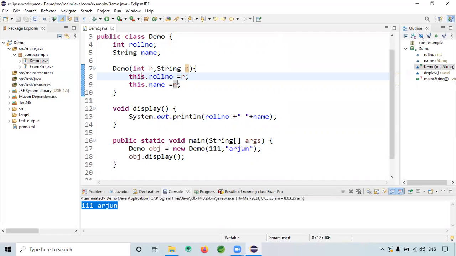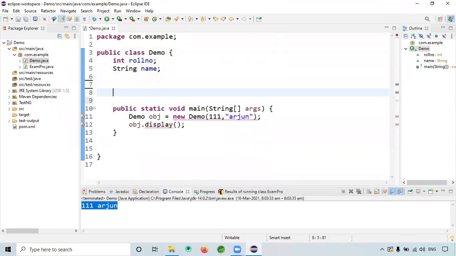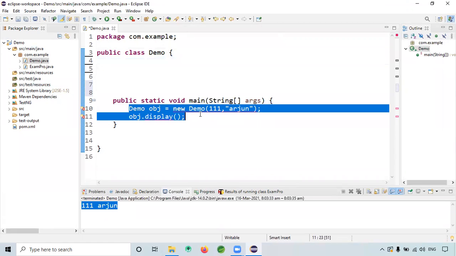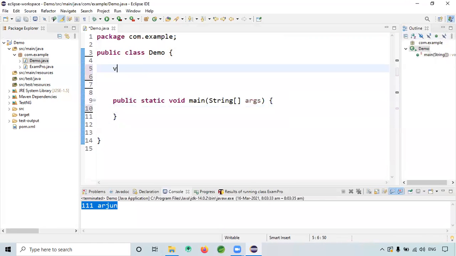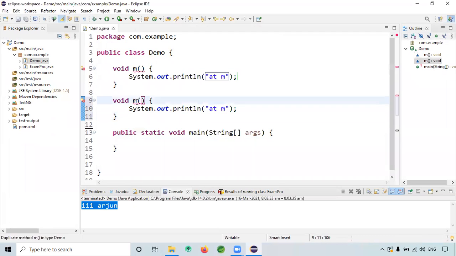Now this can be applied with methods as well. For example, I have void m, and I have one more method, void n.